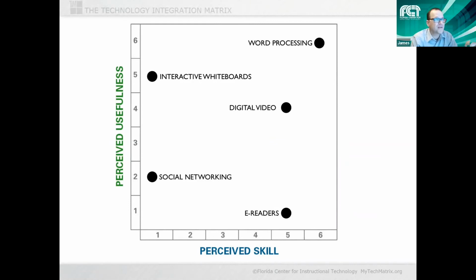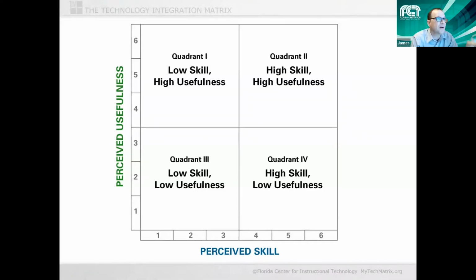Things that are near each other, like you have some sort of different zones that we talk about, quadrants of this graph, so that if something is in quadrant 1, it means that it's high in perceived usefulness for that teacher, but that teacher says they are low skill. So that's something where that teacher is ready for professional development on that technology, because they think it's important, but they don't know how to use it at all,